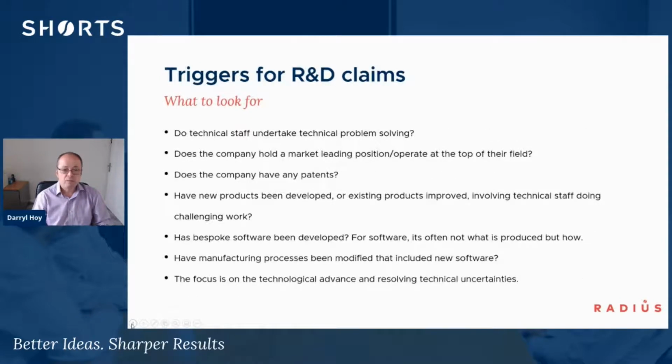Triggers for R&D claims that we look for is technical staff undertaking technical problem solving. So here this will be your key software developers who are involved in doing development of software. Sometimes as well, if a company is holding a market leading position or has patents, although I appreciate having a patent on software can be quite difficult. So it's where new software is being developed or produced, technical staff doing challenging work, bespoke software being